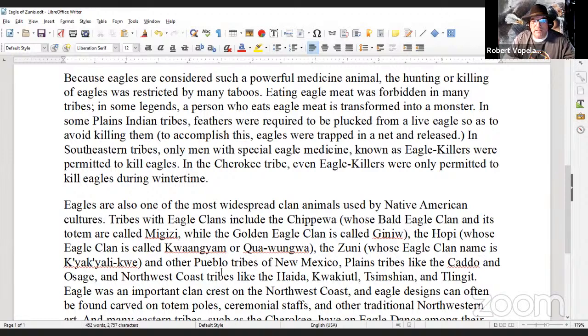To accomplish this, eagles were trapped in a net and released. In southeastern tribes, only men with special eagle medicine, known as the eagle killers, were permitted to kill eagles. In the Cherokee tribe, even eagle killers were only permitted to kill eagles during wintertime.